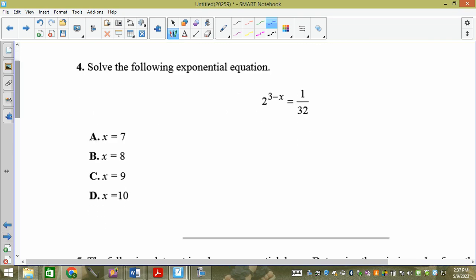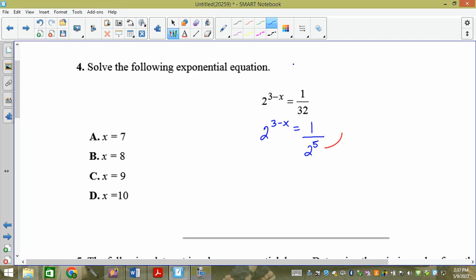This one, we can solve by common base, or we can solve by converting it to a log. Either way, we would get it. Now, 32 is 2 to the what? What is 32? 2 to the 5, right? So if I had 32, I could write it as 2 to the 5. I could do this. But is 2 to the 5 helpful in the denominator? No. So what we need to know is, if we move it to the,